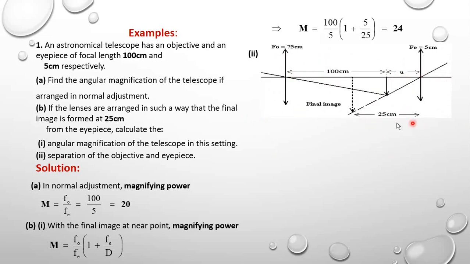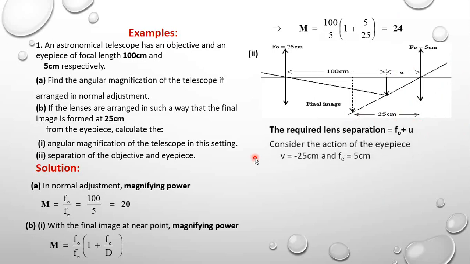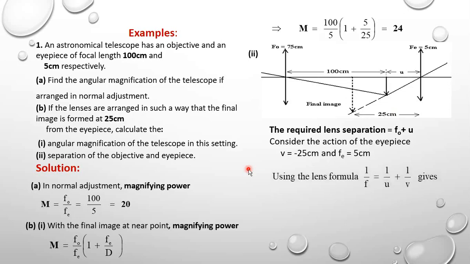Now, remember that the final image is 25 centimeters from the eyepiece. So I can consider the action of the eyepiece. If I consider the action of the eyepiece, the V is negative 25, because it is a virtual image, and then the Fe is 5 centimeters. So I can get the U, considering the eyepiece, using the formula 1 over F is equal to 1 over U plus 1 over V. I can get my U as